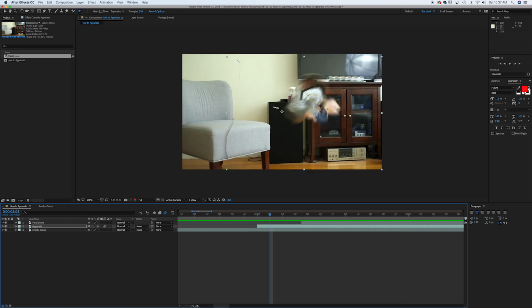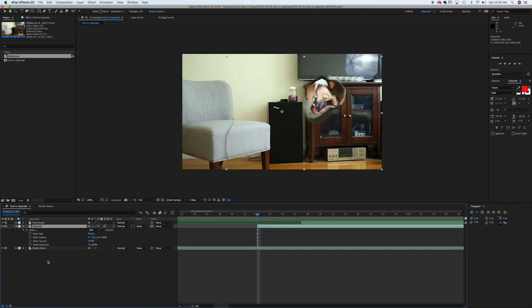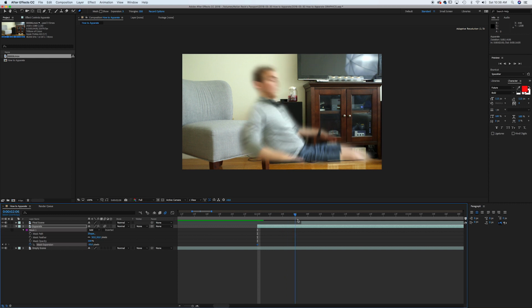We have this shadow layer here. So let's go to the first frame of the Apparate layer, double tap M, and mask expansion you'll see. You want to click the keyframe stopwatch here. Let's set that mask expansion to -50. That'll reduce our mask, and you'll start to see that that line is gone. Now if we drag along, we're appearing,